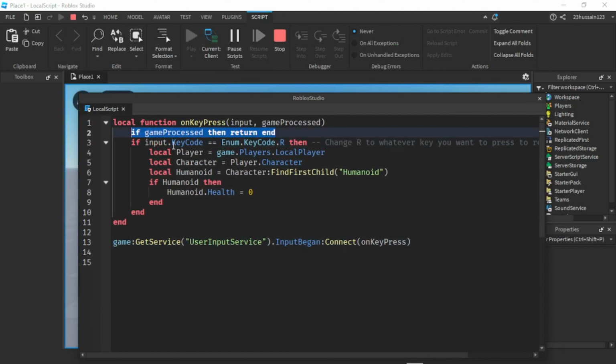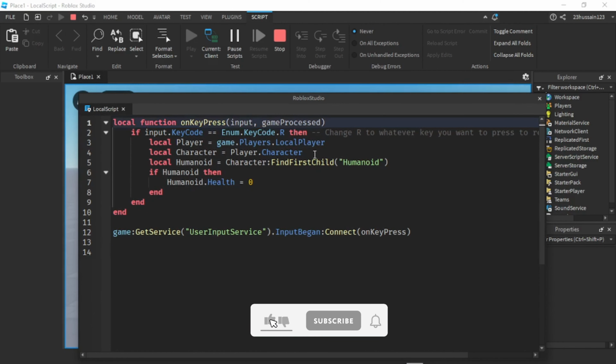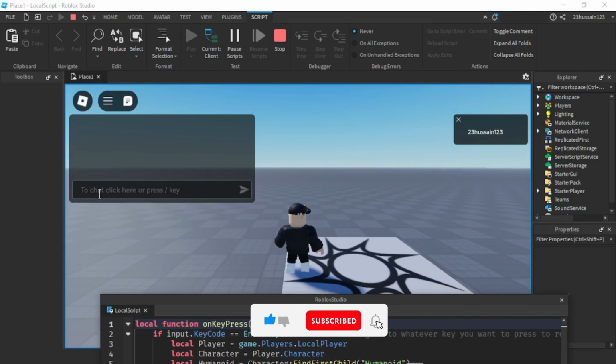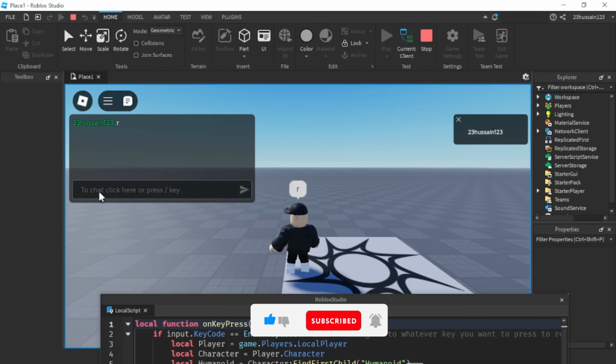If game process, then return end. If I remove it, and then if I go to here and wait,